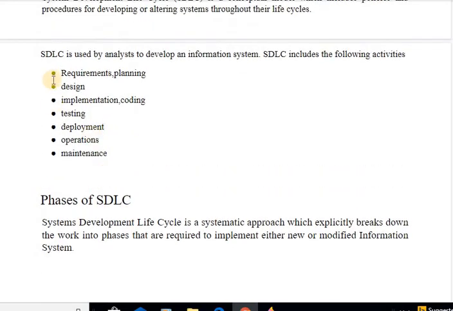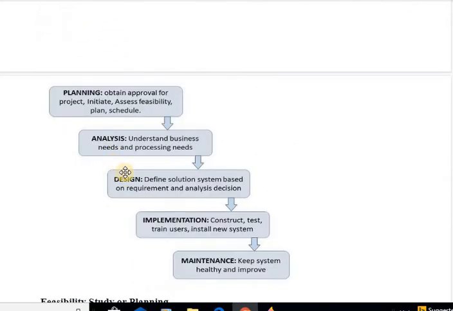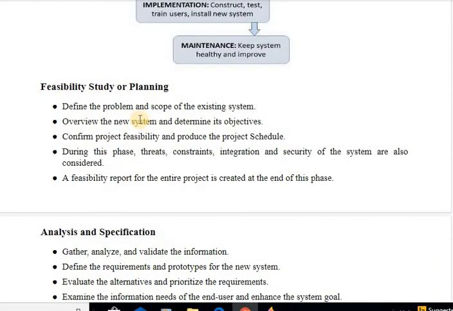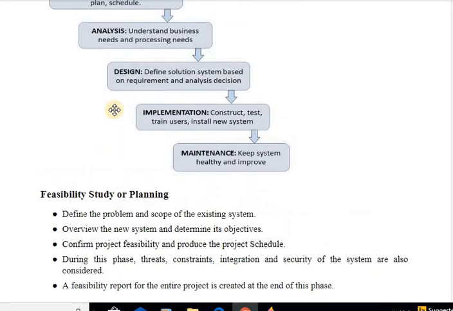So these phases mostly belong to the software development life cycle, and in the system development life cycle you can replace requirement and analysis with planning. System can be anything, that can be hardware or software or any informational system as well. So here are the further points of these phases.